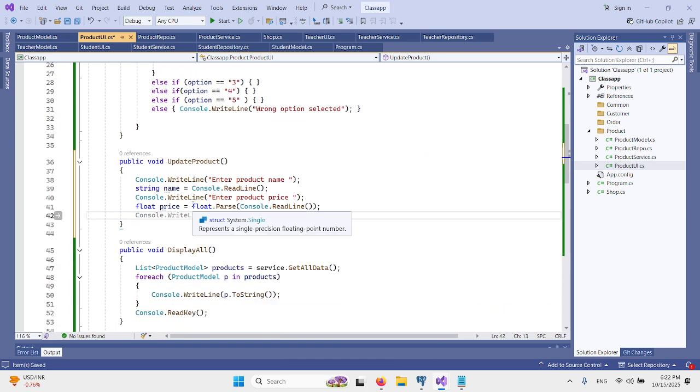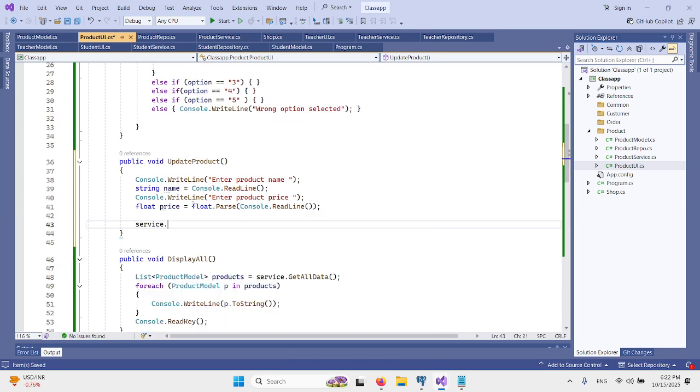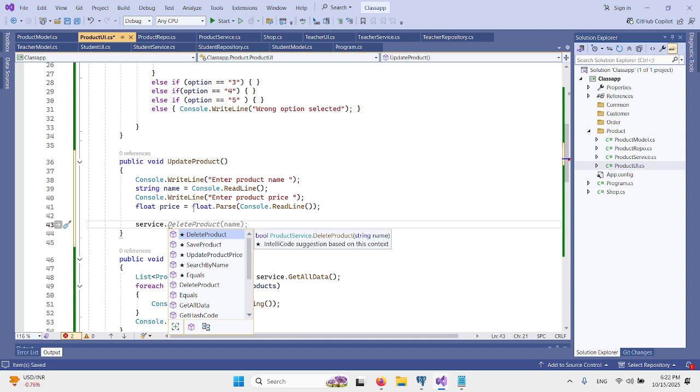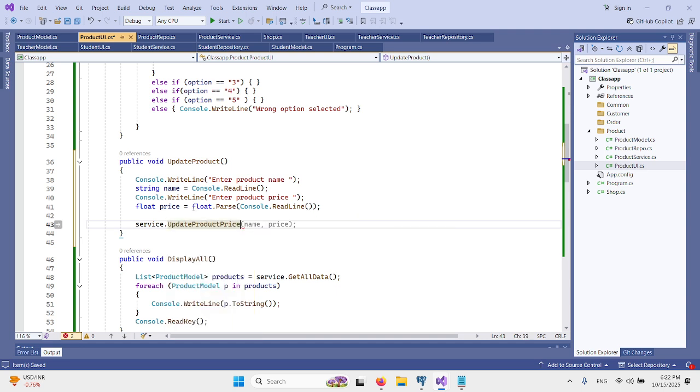Then you will call service update product price. We will pass these two data to the service. Service internally will get all data from the file, find the data, update it, and write the data back to the file. Okay, so we call this function here.